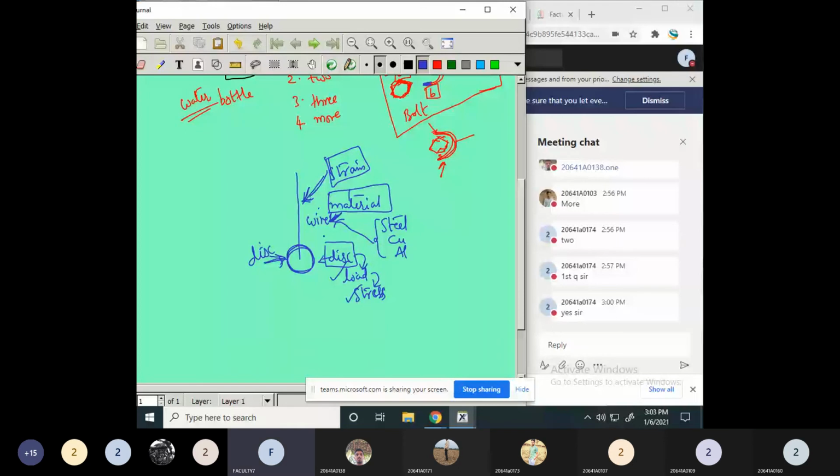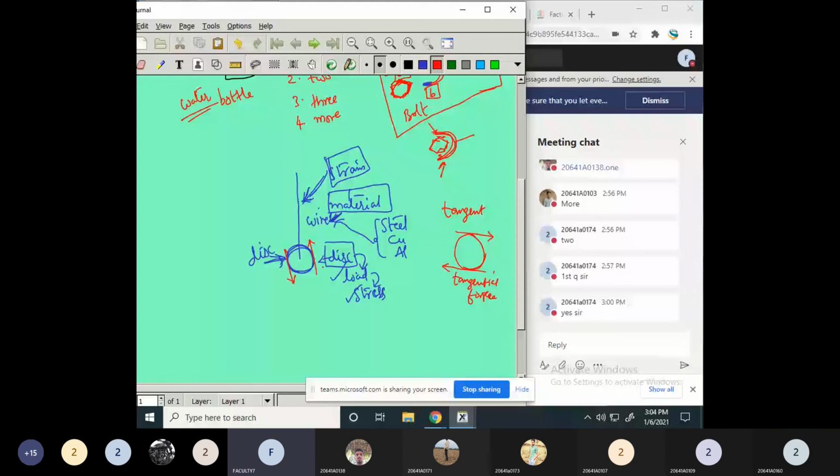Now here, if I want to get the oscillations, I will apply two equal and opposite forces. I will try to rotate this. I will apply a force here and another force in this direction. If you take a circle and draw a line like this, we are considering this as a tangent, and here the second force is there, again on the same path. So it is also a tangential force.